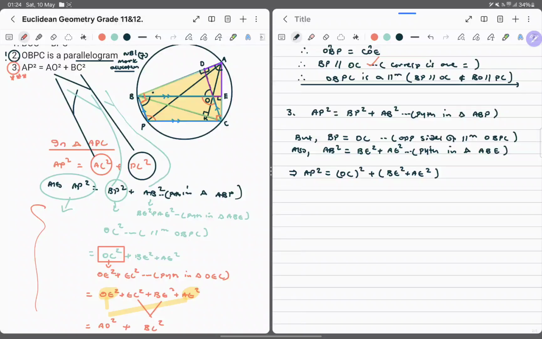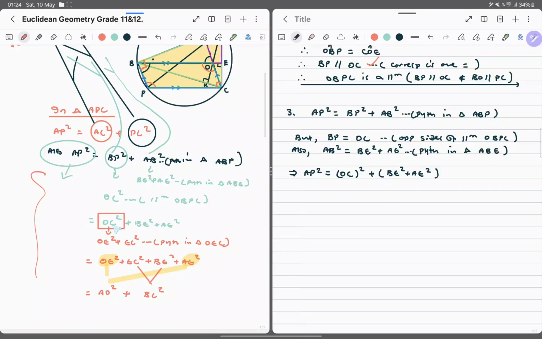Yeah. And we saw that all we needed was to just then work out OC. Okay? Because once our BE is in order, we just work out OC, which also implies that AP squared is equal to OC squared. Let's get the brackets out. BE squared plus AE squared. Okay? Now, we will say,